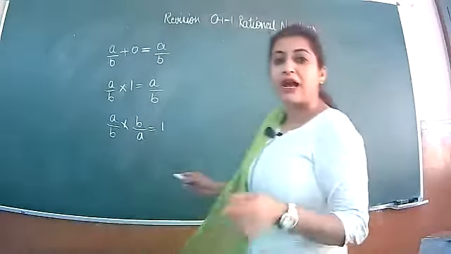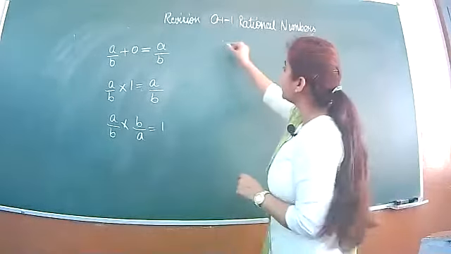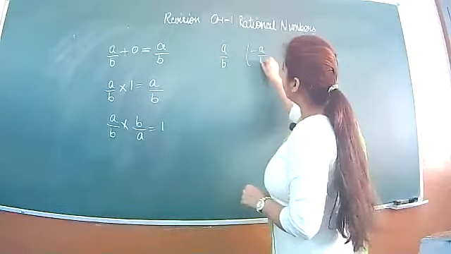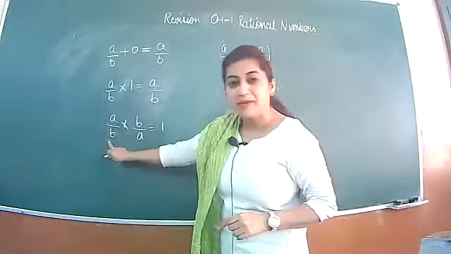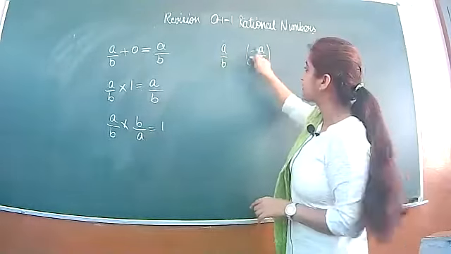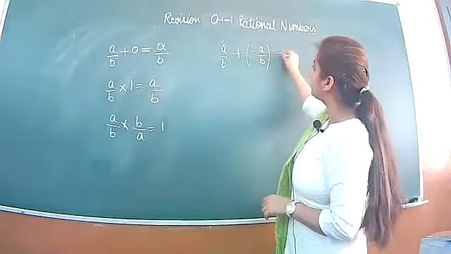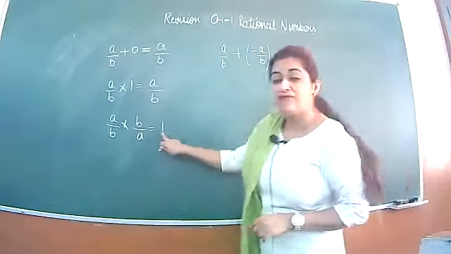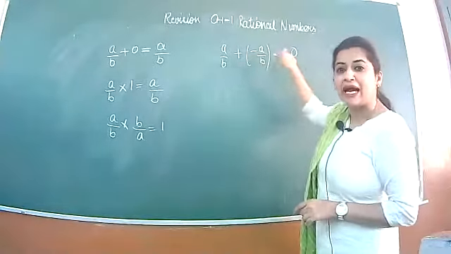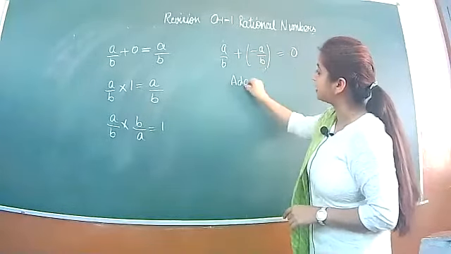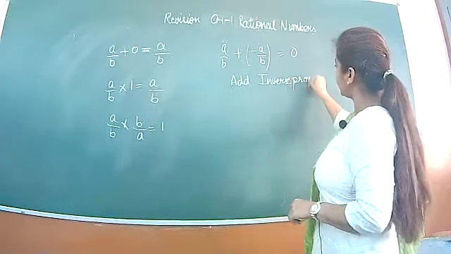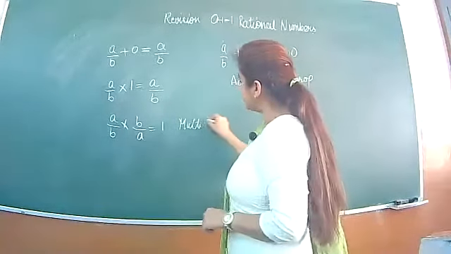In the same manner, I can write additive inverse property. That is, if I take a by b और a by b का inverse क्या होगा? Minus a by b. जहाँ a by b का multiplicative inverse क्या है? b by a. जहाँ a by b का additive inverse क्या है? Minus a by b. When you add them, you will get 0 as answer. यहाँ पे 1 इसलिए आया क्योंकि ये मल्टीप्लिकेटिव की आइडेंटिटी है, 0 इसलिए आया क्योंकि ये एडिटिव की आइडेंटिटी है. इस प्रॉपर्टी का नेम है एडिटिव इनवर्स प्रॉपर्टी. This is multiplicative inverse property.